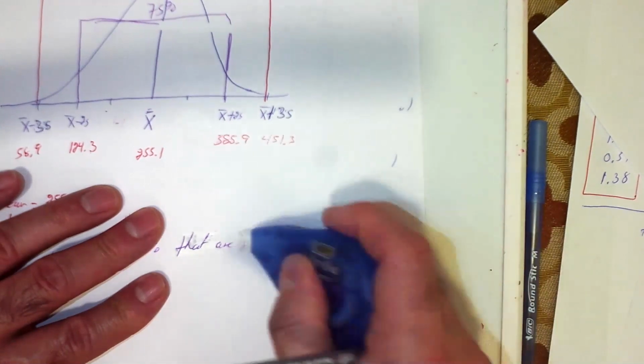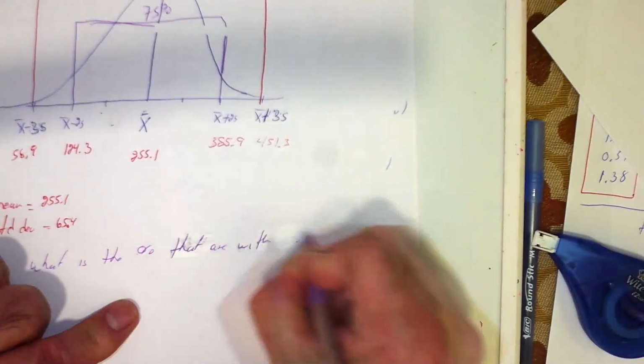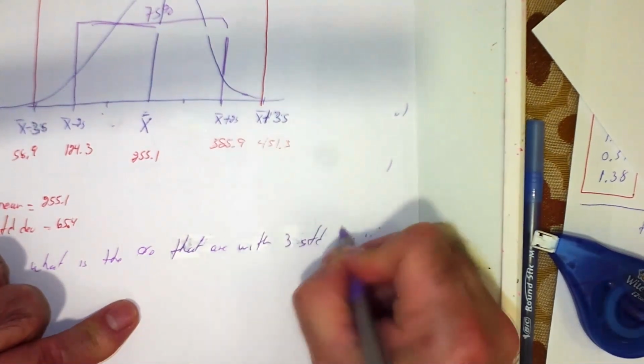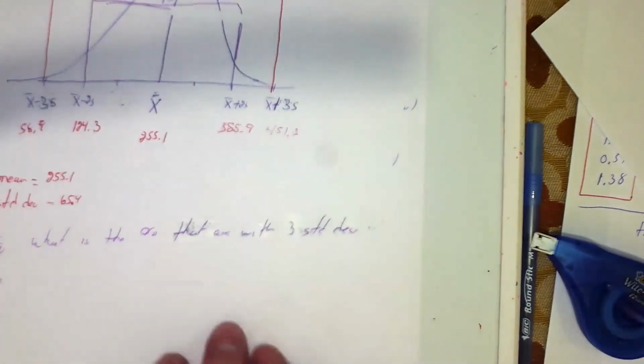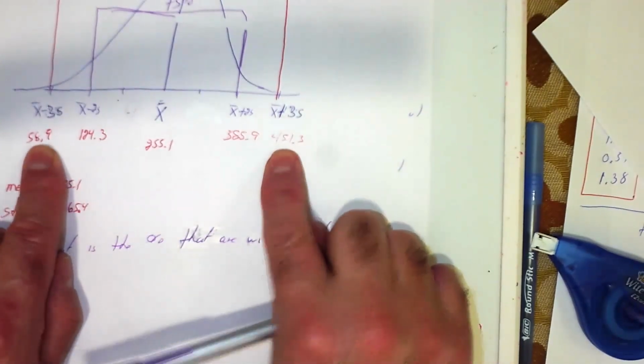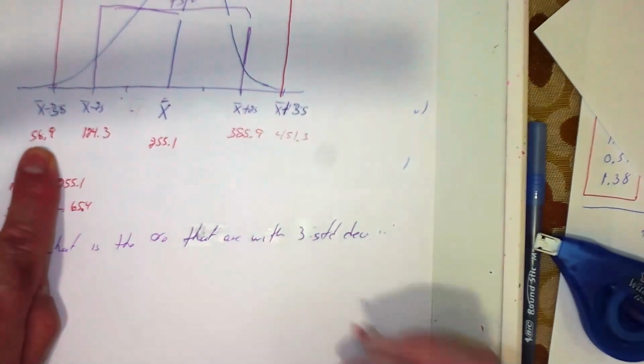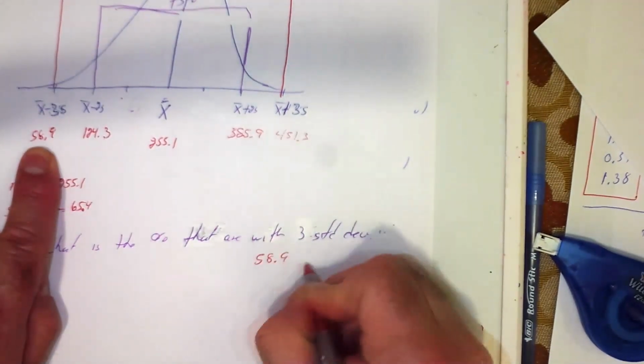I was reading the wrong one. Within 3 standard deviations. All right, so 3 standard deviations. I'm looking for the 3s. There they are. I'm going to write them down. 58.9 and